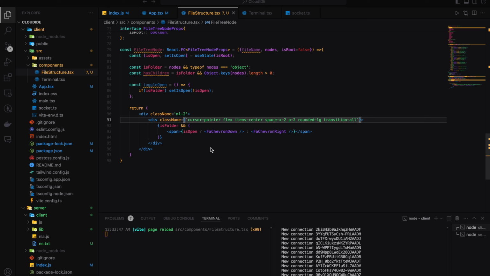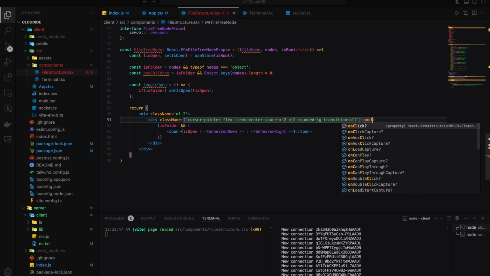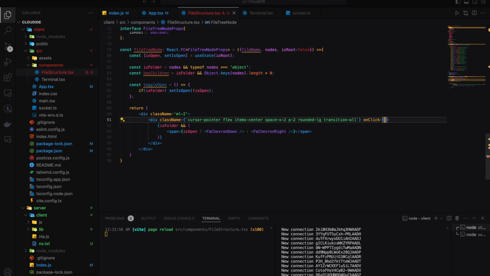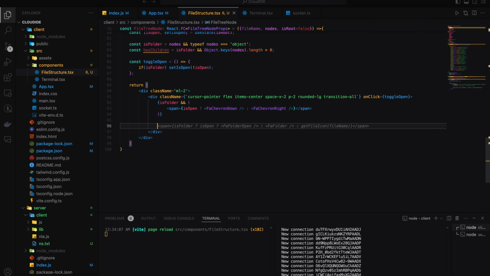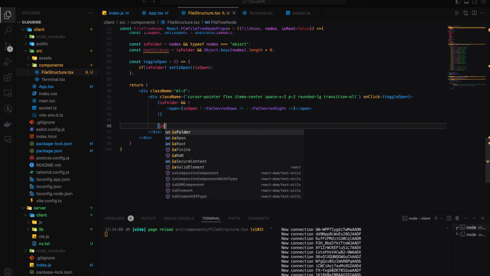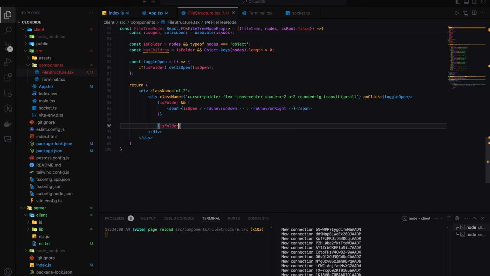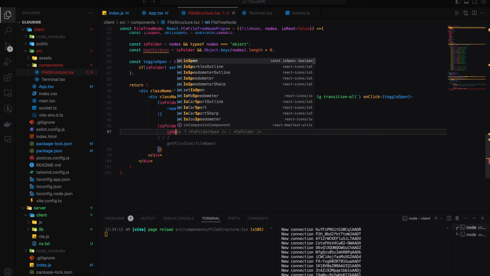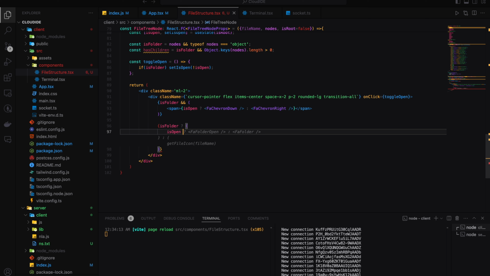So after it, also give an onClick. In the onClick, simply pass the toggleOpen function. Make each folder: if isFolder is true, then check for isOpen. If isOpen is true, then